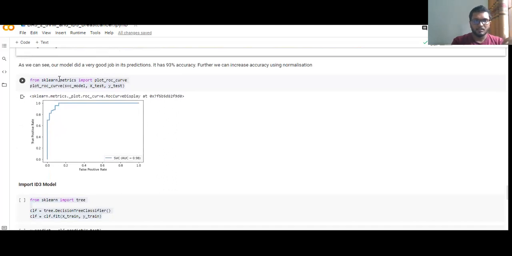Then we set the ROC curve, and we can see an AUC value of 0.9. If this is closest to 1, that is much better. So this is a very good value. And then we consider the